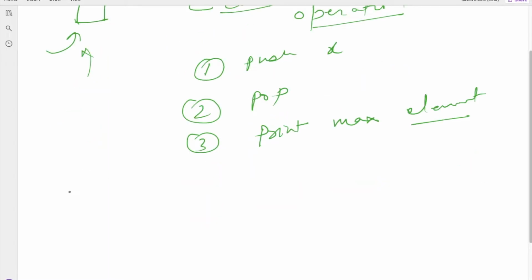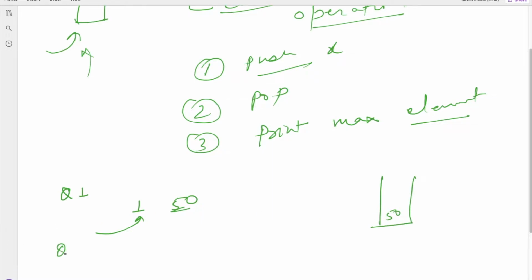For example, suppose for my given query number 1, the operation to be performed is 1 and 50. It means I have to perform operation 1, which means push the element, and the element is 50. So in my given stack I will be adding 50.